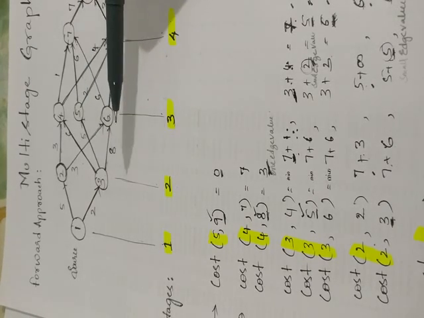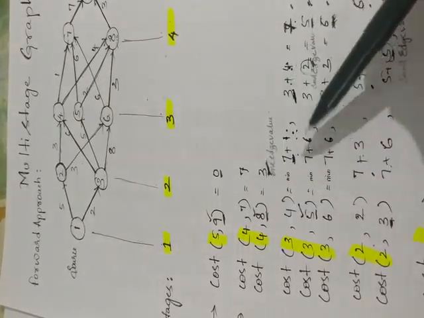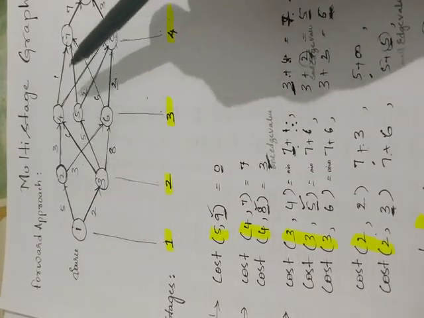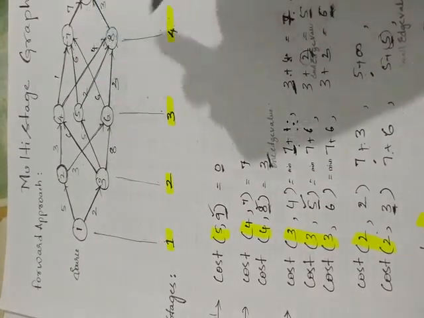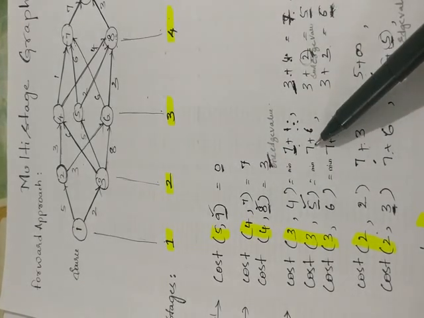So again, first I will write the 7 and 3 here, 7 and 3 I will write in advance. So what are the two edges that I have? 5 to 7 is 6, 5 to 8 is 2. So 6 and 2. On adding, what will happen? 13. This will be 5. So 5 is the smallest.